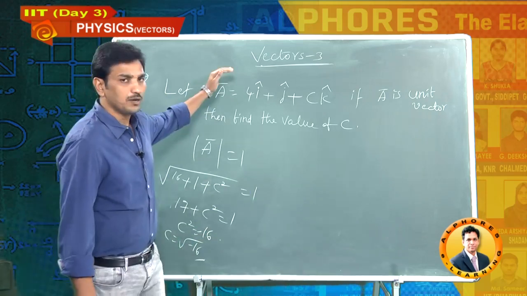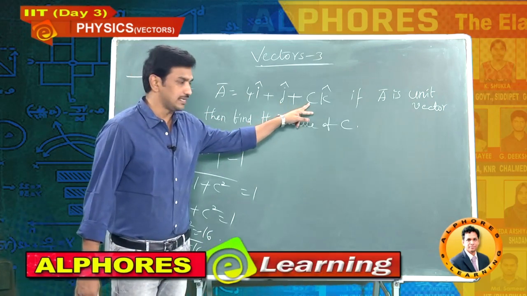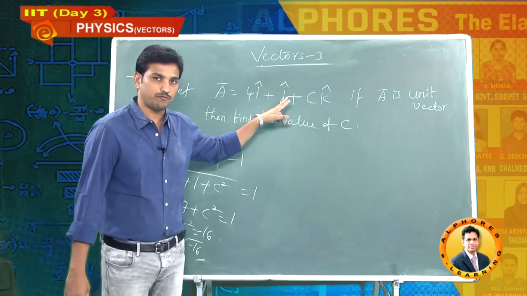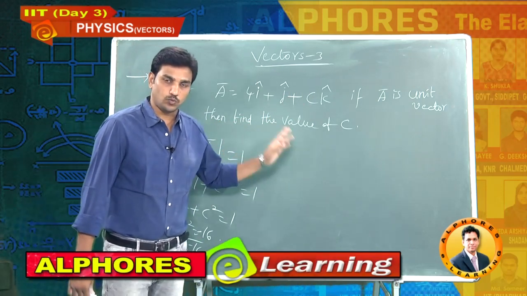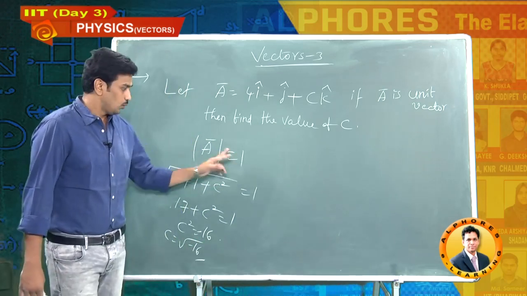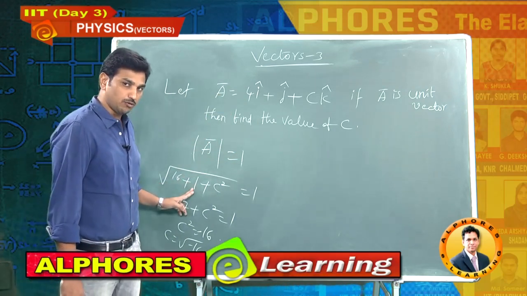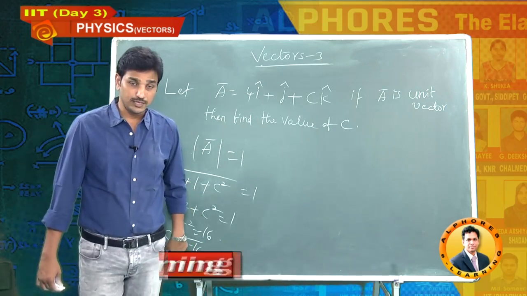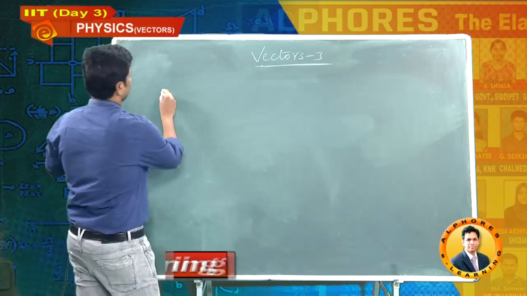Just see that procedure. One vector they have given in the question, with unknown c, but they gave that A bar is a unit vector. By using the vector concept, we should calculate the value of c. What I did: the vector magnitude is 1, then that is a unit vector. Just I used it. Mod A bar is equal to 1. What is mod A bar? Under root of i cap coefficient squared plus j cap coefficient squared plus k cap coefficient squared. By simplifying, I got imaginary roots. It does not have real roots.